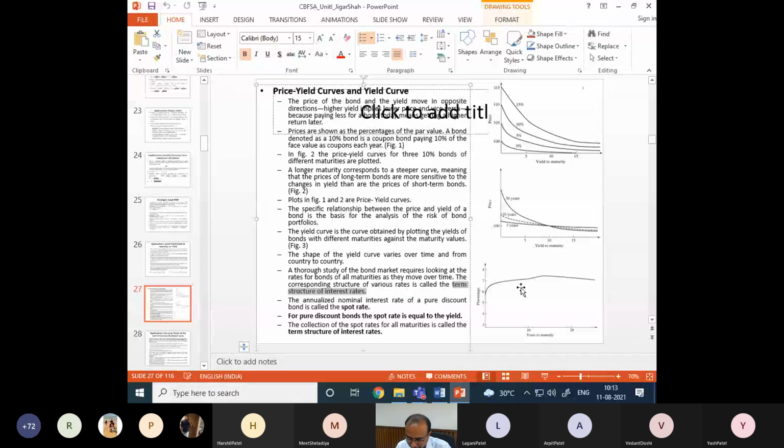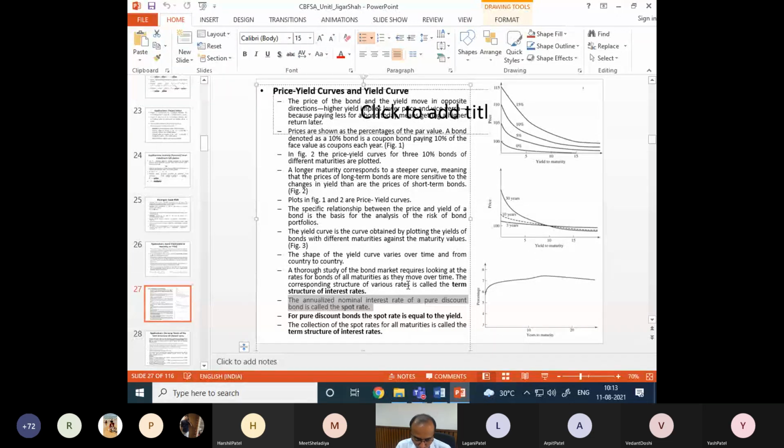Now this we have seen for the coupon bonds. If we have a zero coupon bond like a pure discount bond, which pays only at the maturity, there is no coupon in between, then if we find its annualized nominal rate, because it has only initial payment and final payment, you can calculate a simple interest rate for a period and then convert into annualized nominal rate, that we have seen in the previous example. So this rate is called the spot rate. So usually we have the spot rate available for such bond, which is the zero coupon or pure discount bond. And for pure discount bond, the spot rate is equal to yield. So calculation of the yield for this zero coupon bond is very simple.